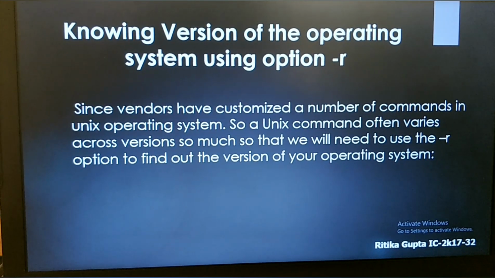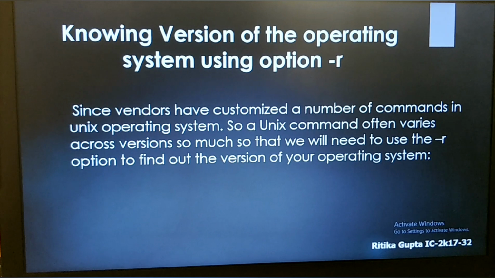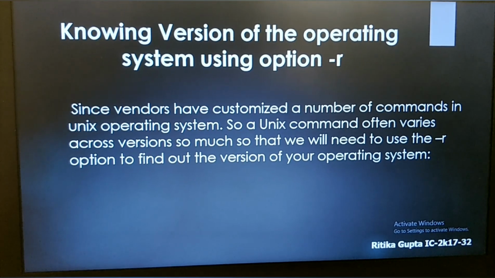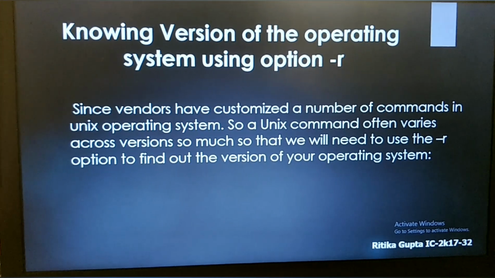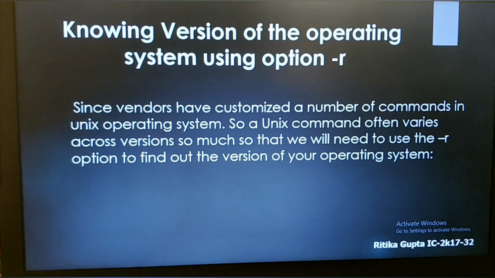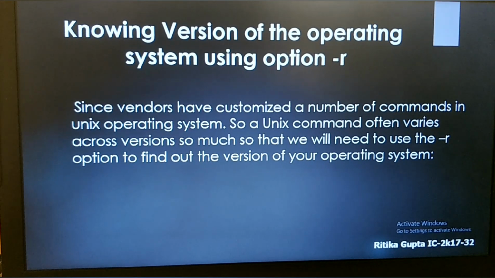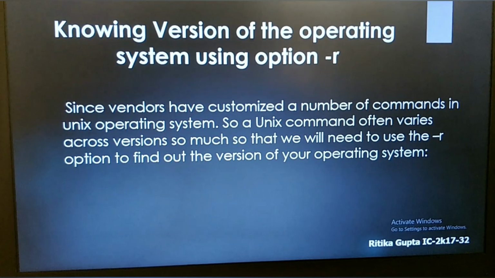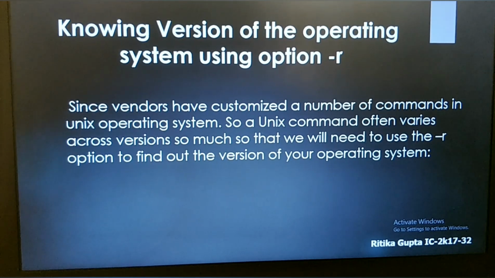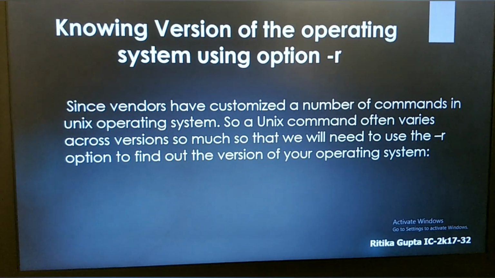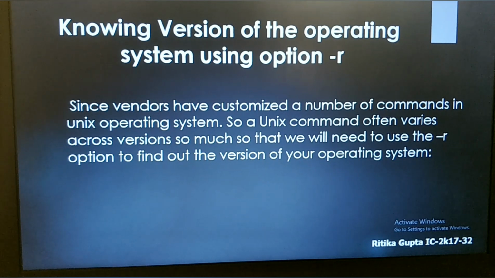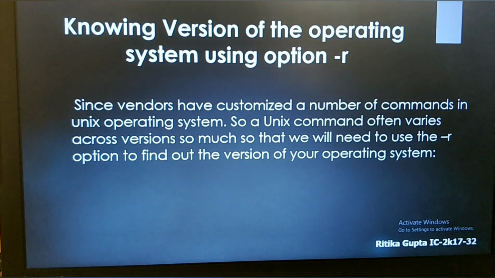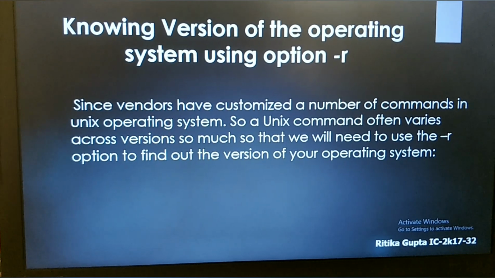Firstly, we can know the version of the operating system using the -r option with the uname command. Since vendors have customized a number of commands in the operating system, a Unix command often varies across versions, so much so that we need to use the -r option to find out the version of your operating system.